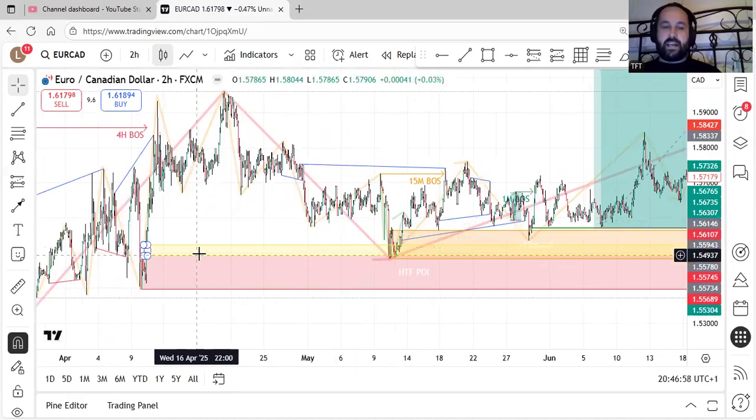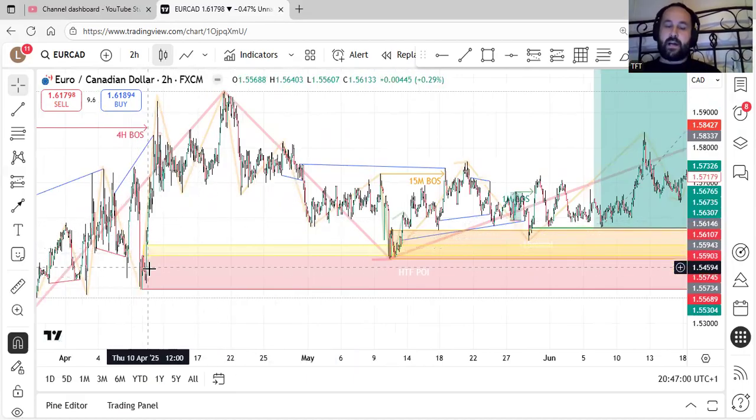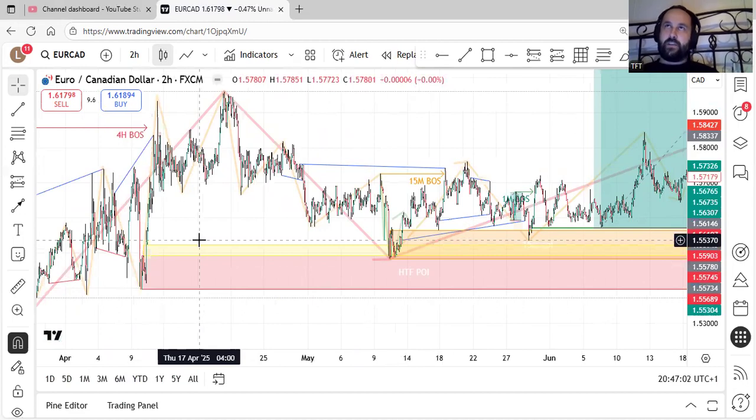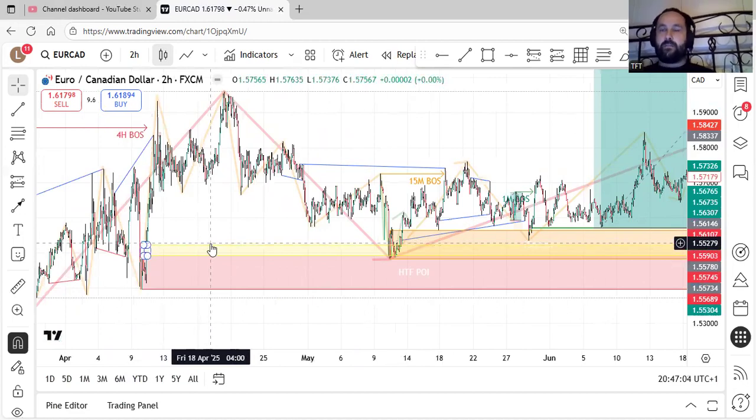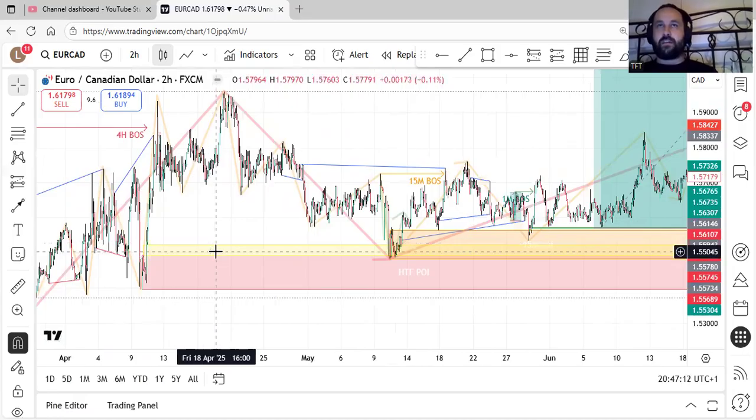And from there, this is why I color coordinated everything. When I first started doing it, I was opening the chart and not knowing where each currency pair was at. So let's say, obviously, this is Euro CAD. I could open Euro USD and go, I don't know what it's doing. Is it at the 4 hour stage? Is it at the 15-minute stage? Is it a 1 minute? You don't know.